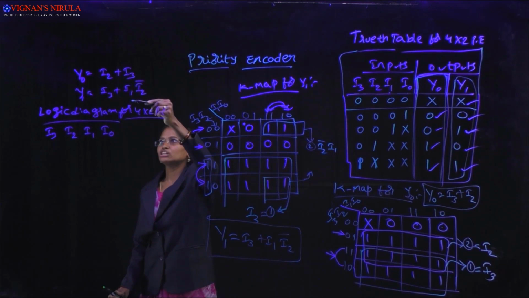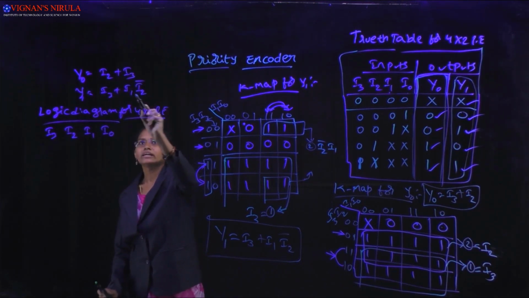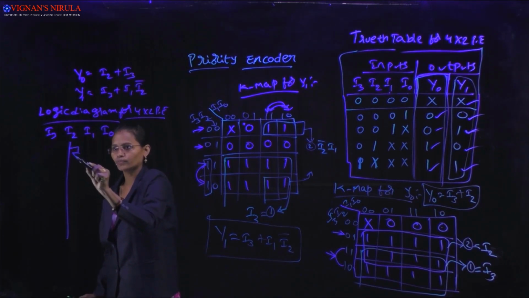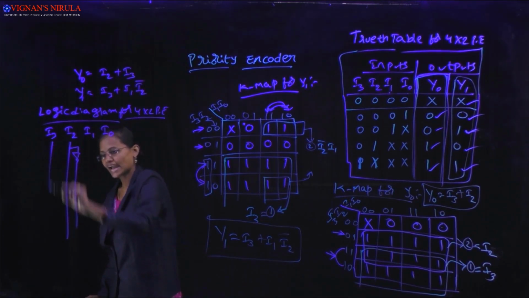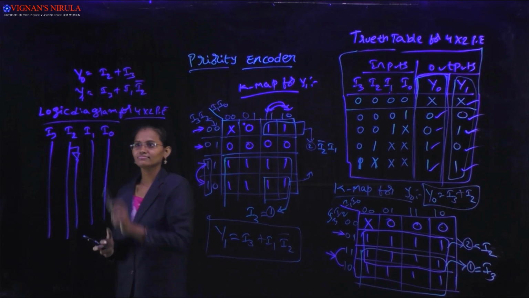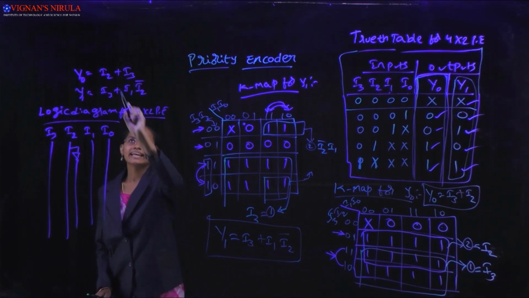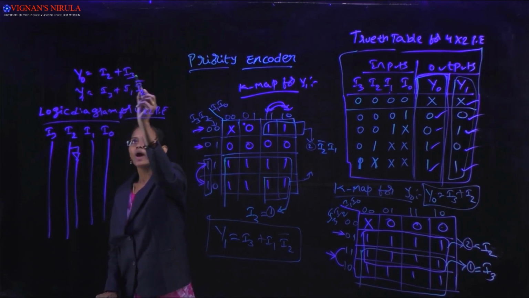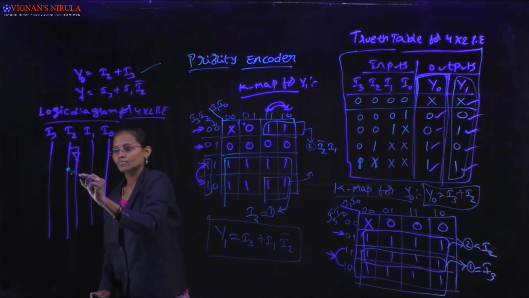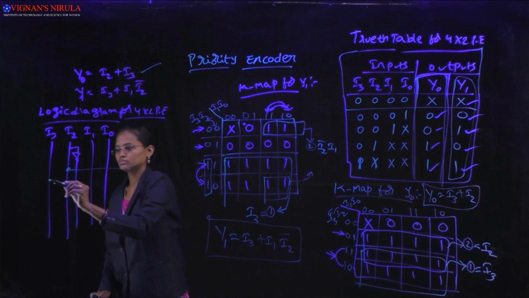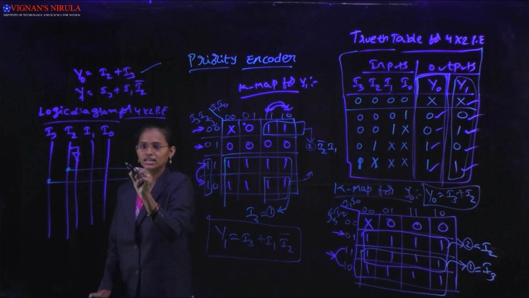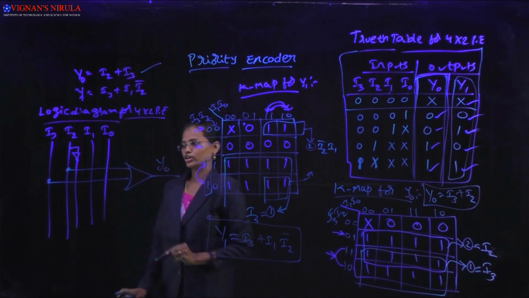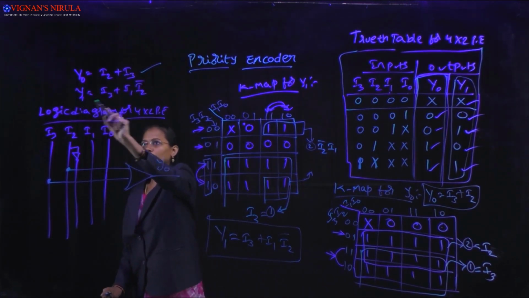In the Boolean equation, these are the output equations. Here I2 bar is there, so we draw the NOT gate also. And next I3, I1. These are the inputs. Next draw the OR logic: I2, I3. These are the OR gate function. The output is Y0. And next the Y1 output uses I3.